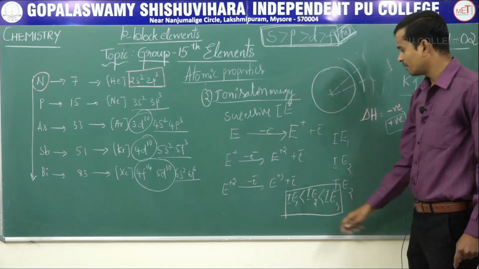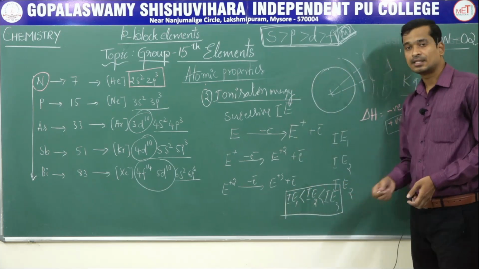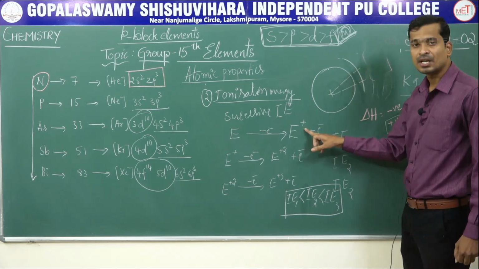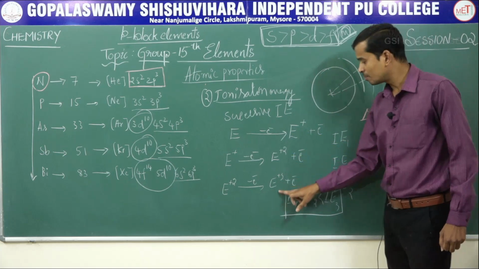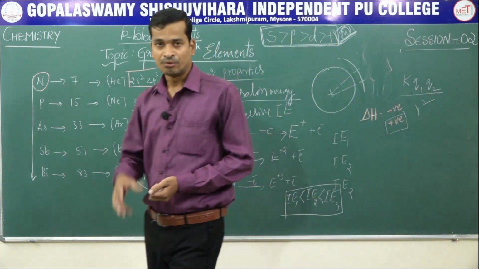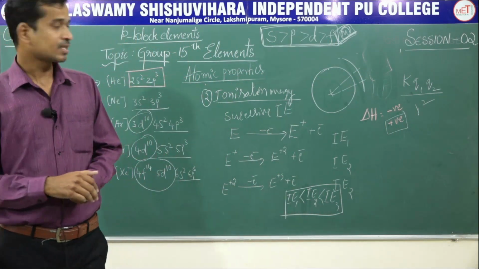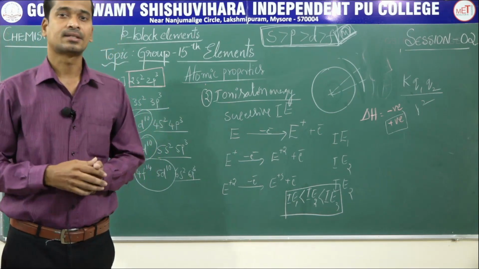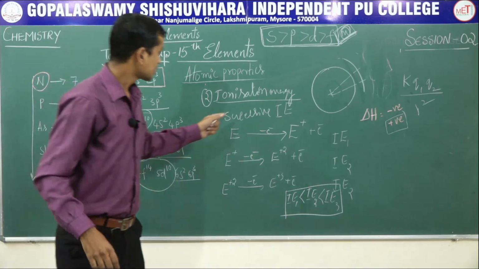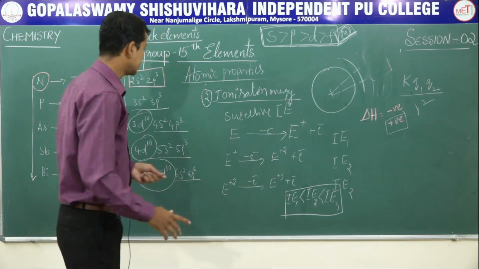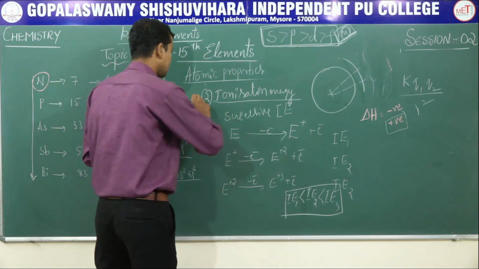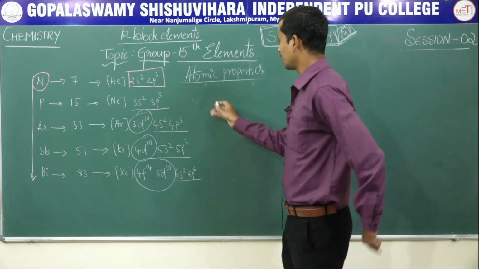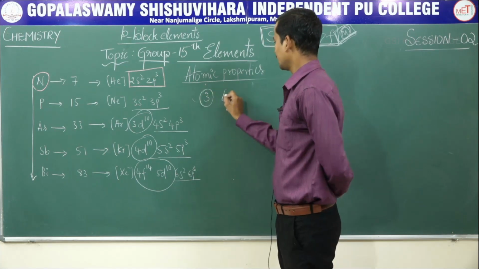This is the order of successive ionization energy, because after removing an electron it becomes positively charged. As the magnitude of positive charge increases, the force of attraction between the center of the nucleus and the valence electron increases, which requires more and more energy to remove the electron. Clear? That is called successive ionization energy. Those are the second parameters. The next atomic property, number 3, is